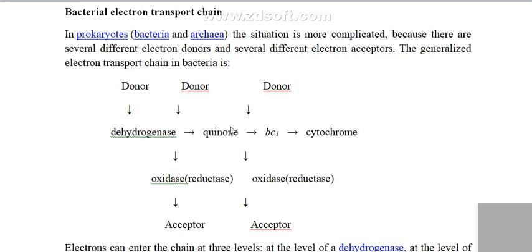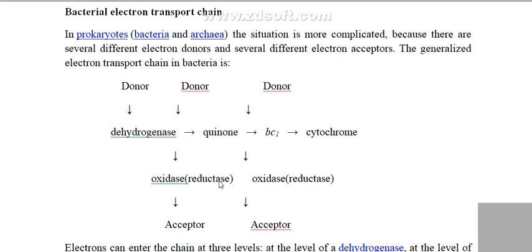From quinone it can transfer the electrons to BC1, which is also a complex acting as a donor, and then it can transfer its electrons to the cytochrome. Later on, from the cytochrome, the electrons are transferred to the oxidases,